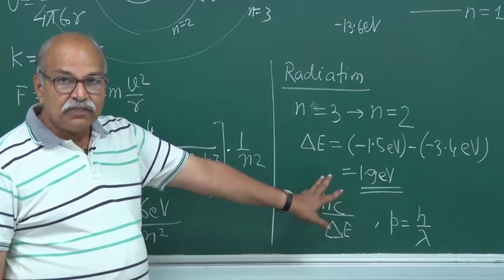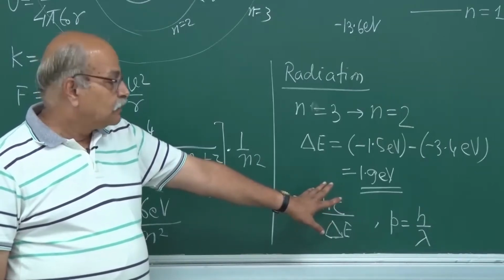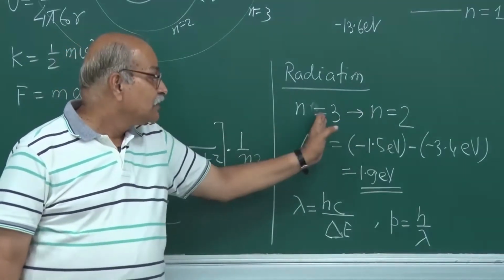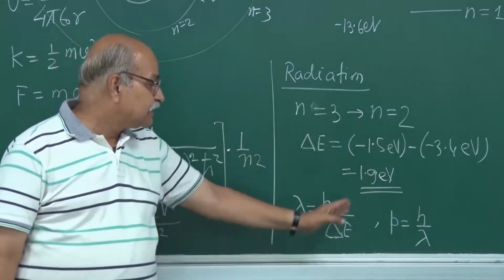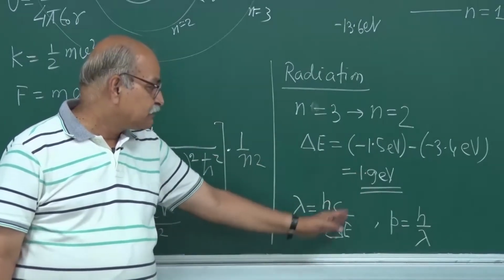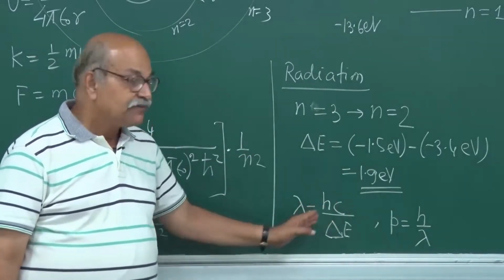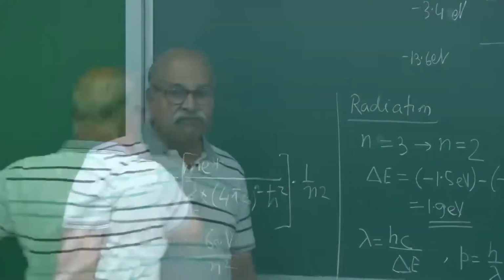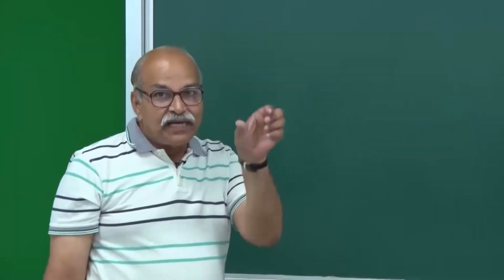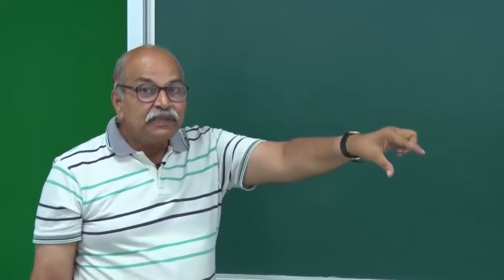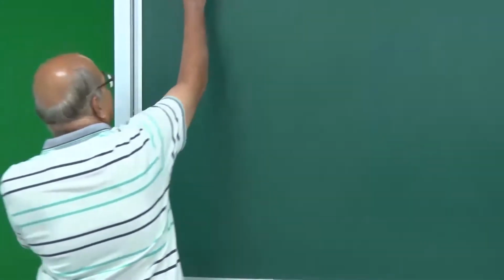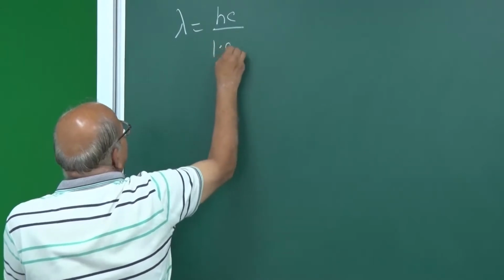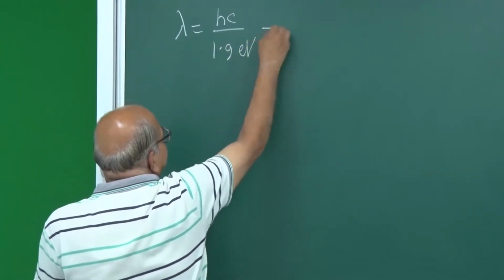So you can work out the wavelength for this transition, n equal to 3 to n equal to 2. If this is the energy, what is the wavelength? Put this energy here and you get the wavelength. So for 1.9 eV of energy, that photon's corresponding wavelength lambda will be hc divided by 1.9 eV,